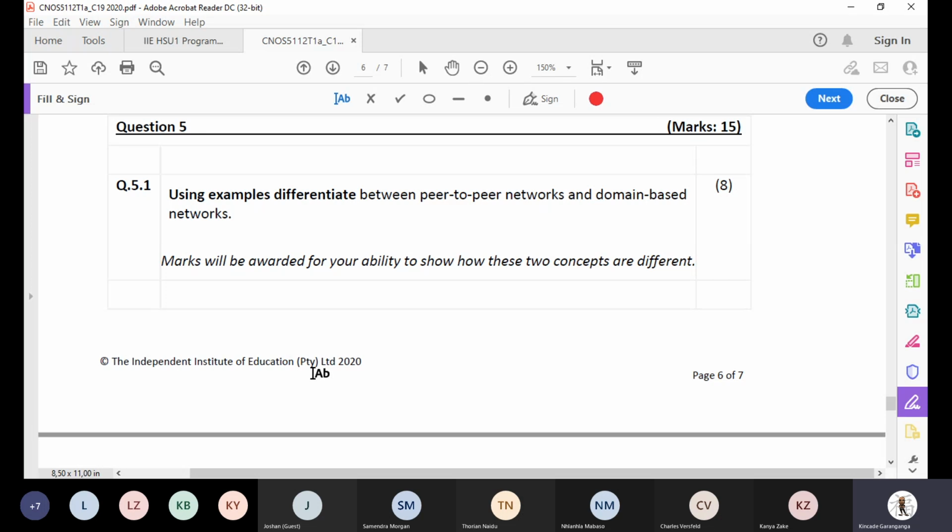Remember, one of the things that you need to do is literally have your client join the domain that you have specified on the server. That's a typical example of what a domain-based network would be. In a type of question like this as well, you're